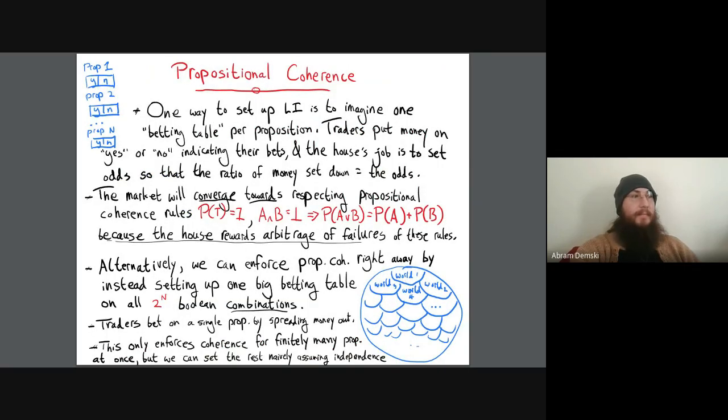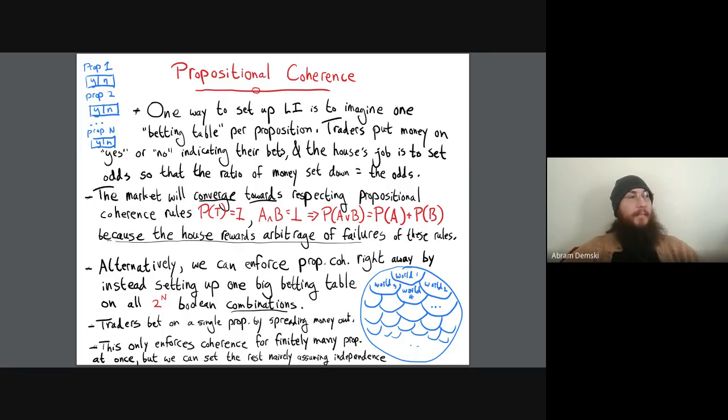I think we've talked about a lot of these things to some extent earlier, so maybe this part will go fast. So we have propositional coherence. One way that we can imagine setting up a logical inductor is the way that it was set up in the first draft of the paper, not the public draft, but an earlier draft,